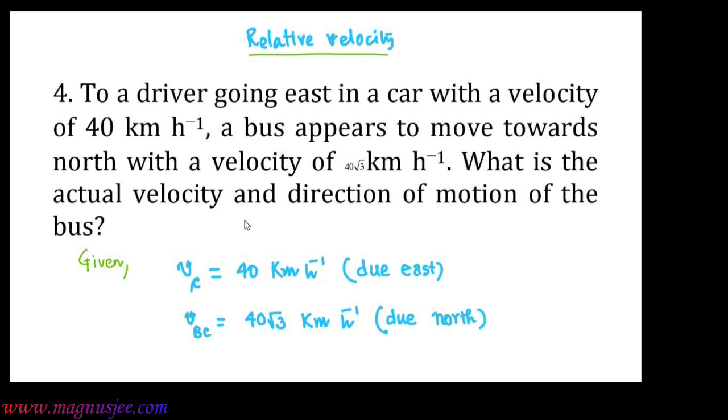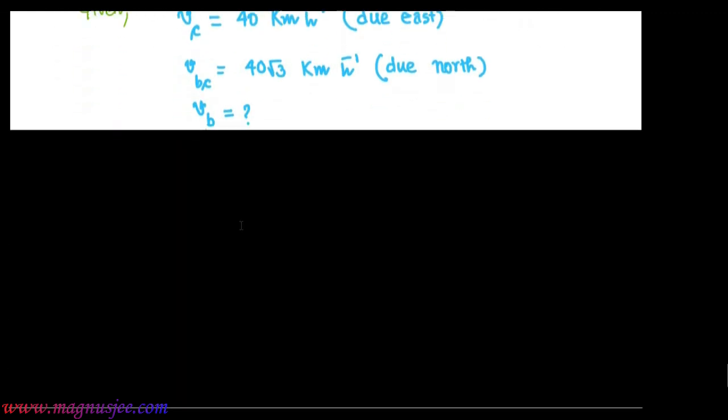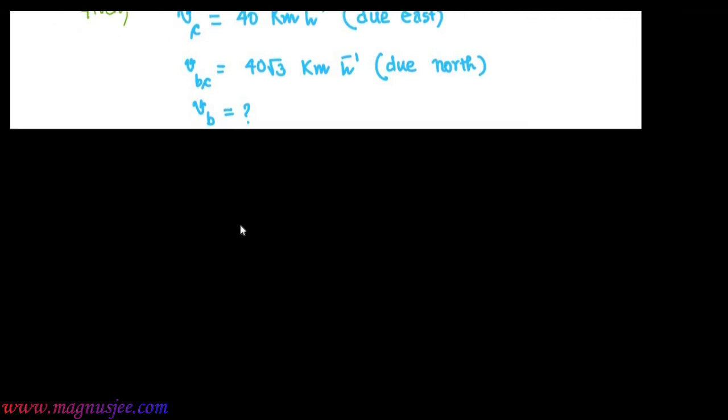Relative velocity of the bus with respect to the car, that is Vbc, equal to 40 root 3 kilometer per hour due north. And we have to find the actual velocity of the bus, that is Vb, equal to question mark. The velocity of the car is given. The relative velocity of the bus with respect to the car is also given, which is 40 root 3 km per hour